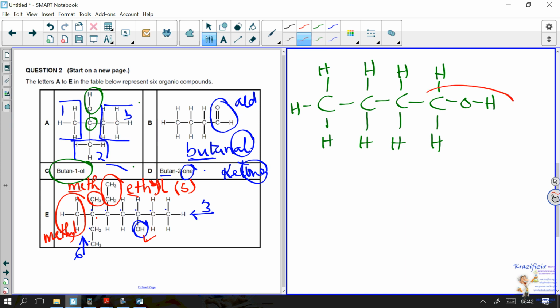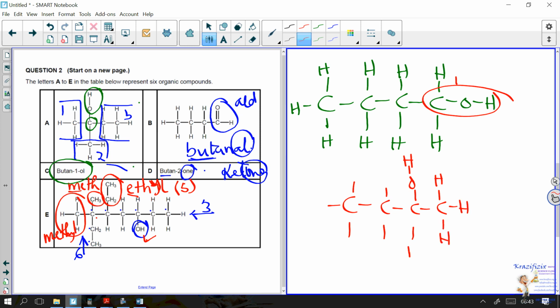Now, the position of this is on carbon 1. All I need to do is to shift it to the next carbon. Shift it to the next carbon. What we have is butan-2-ol. That's a positional isomer. You see, it's 1 here and it's 2 there. Done. All right. The next question says,